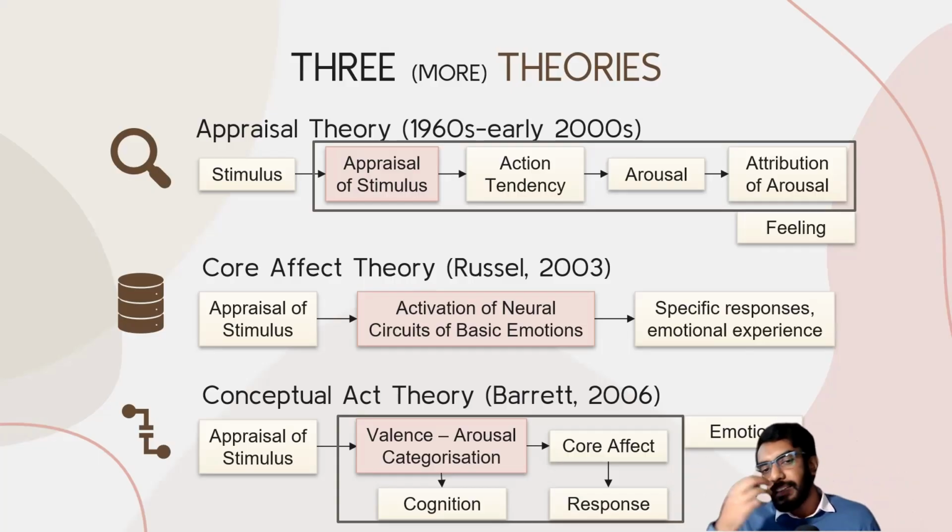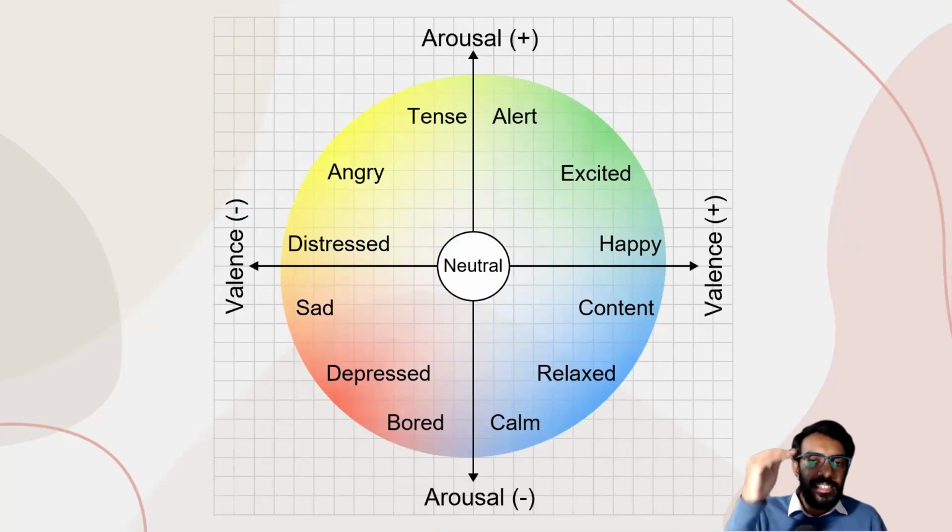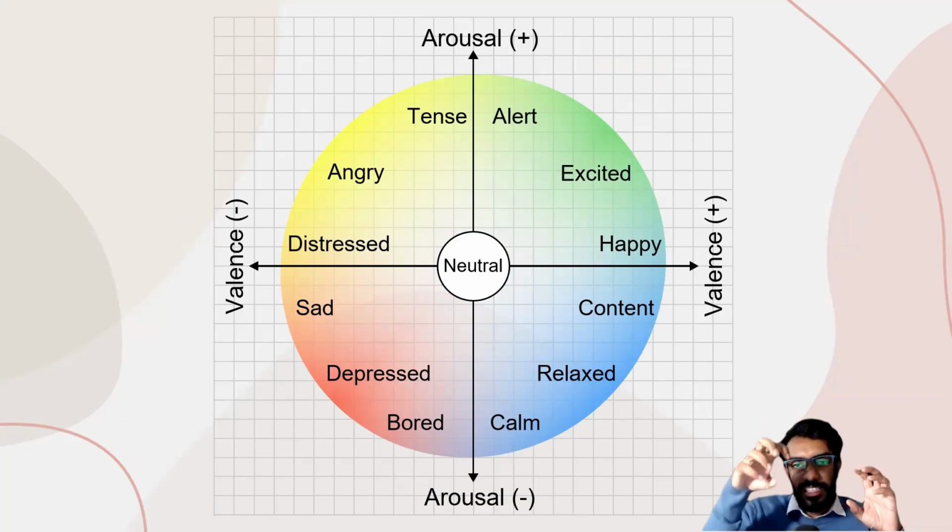The importance of this theory is that these categories of happy, sad, surprised and all are something that we have made up, right? The brain doesn't really say that I'm feeling happy or I'm feeling sad. What the brain basically does is that valence is slightly high and arousal is slightly high. This is the functional state in the brain, right? It's something that we have given a term for in our languages. This is happy or this is excited, right?